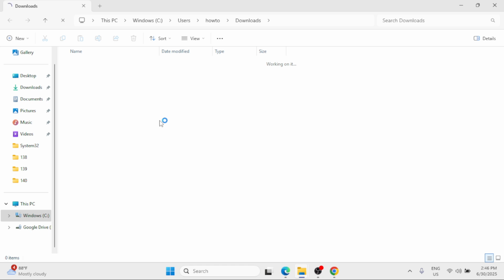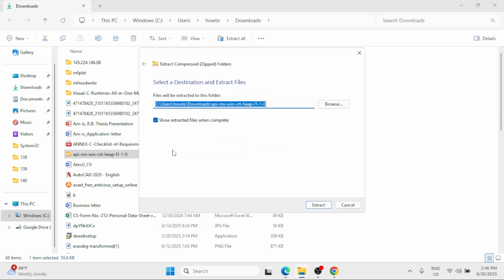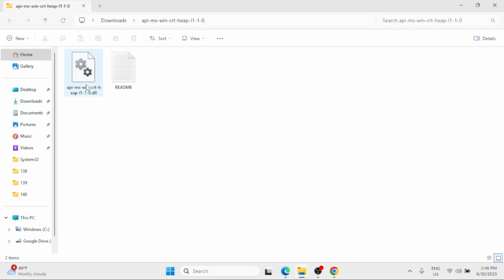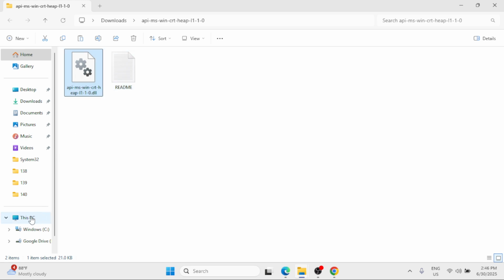Wait for this to load. Then right click on the folder, select extract all. Click on extract. Copy the DLL file, right click, select copy, and go to This PC on the left pane,